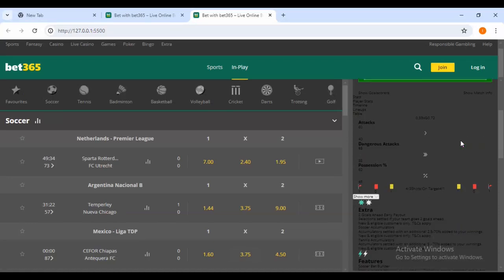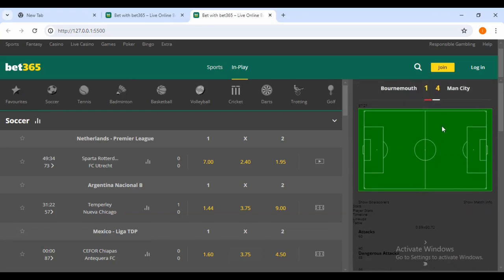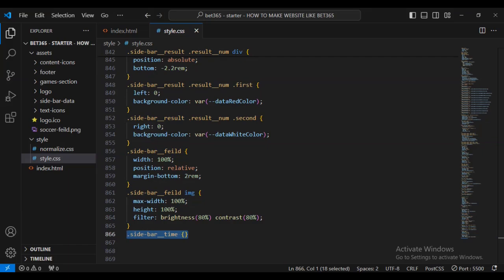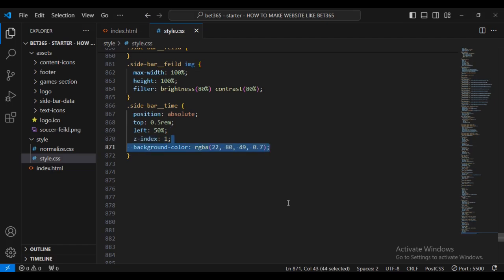Then sidebar field image, I'm going to give it a maximum width of 100%. You can now see after this styling that the image has been reduced in size so that it fits correctly. I'm going to come back and say max width, display, height 100%, filter brightness, and then sidebar type. I'm going to give it position absolute, top 0.5 rems, left 50%, z-index 1, background color, and also border radius 0.4 rems. So if I come back,